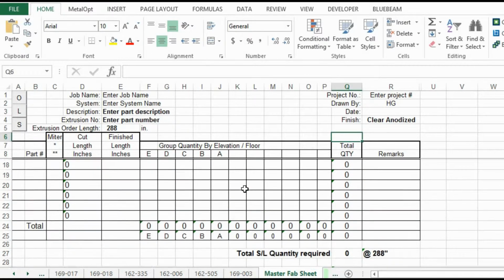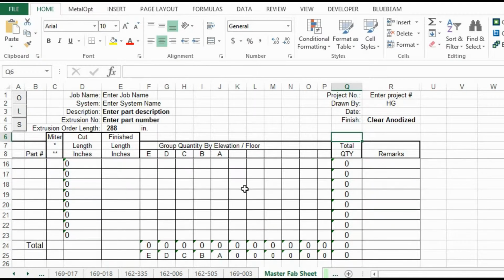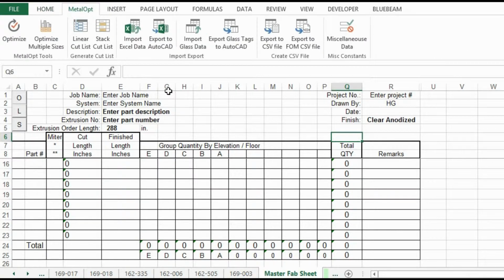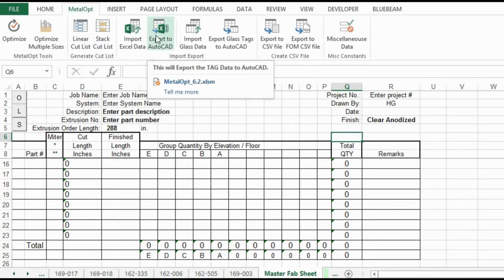We're back to the master fab sheet. So the next thing I do is save the file, just in case something goes wacky with Microsoft. The next thing we will do is export our tag information back to AutoCAD. So here's where we'll hit that, and we already have AutoCAD running, we already have our sheet going. It's only one session of AutoCAD. So when we click this,